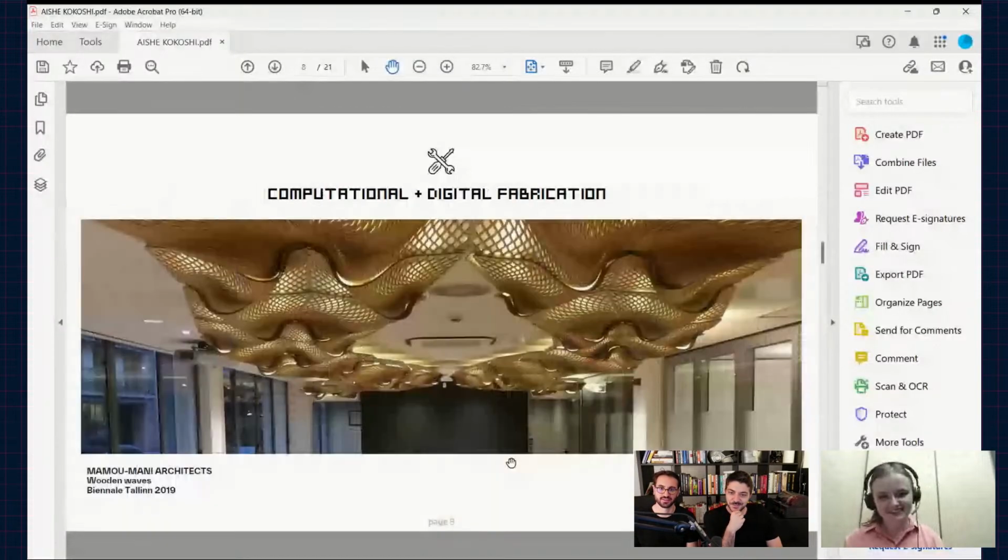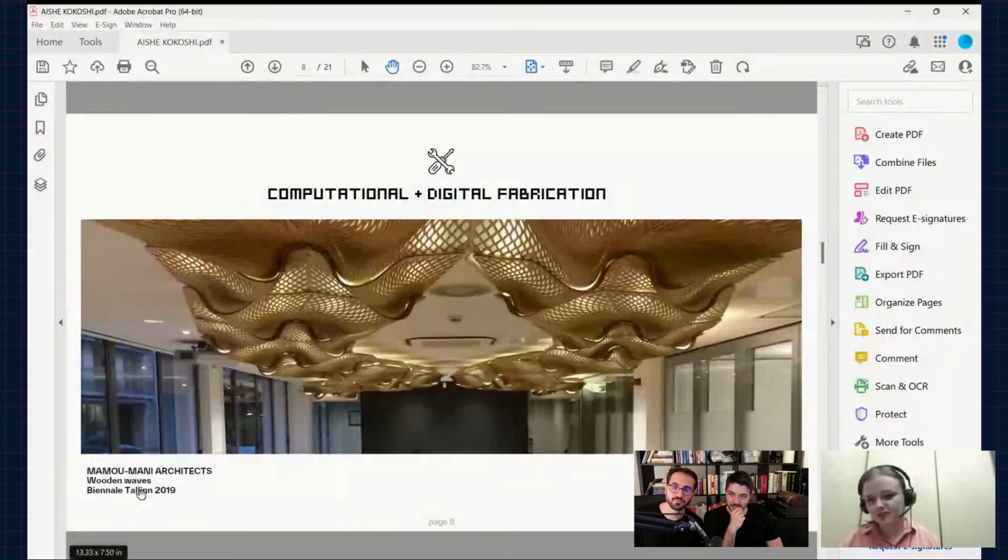Yeah, and just to see this connection between computational design and fabrication, we can do many things. This is another example, wooden waves. This is not Biennale of Tallinn, but it's wooden waves. It's Mamumani architects.